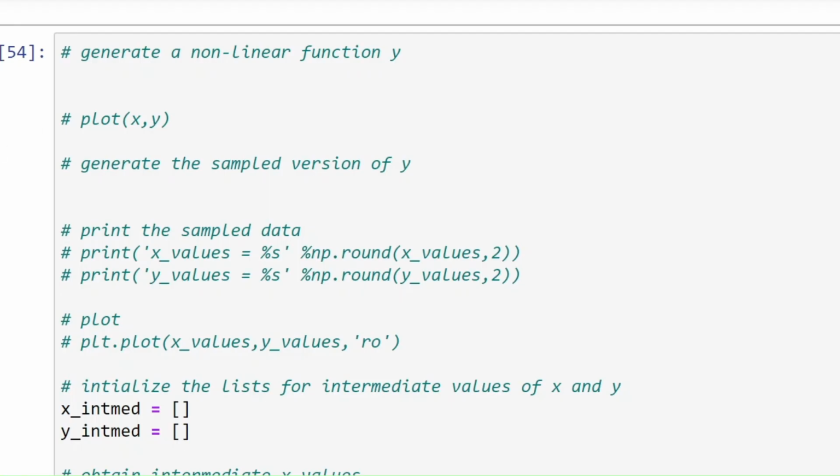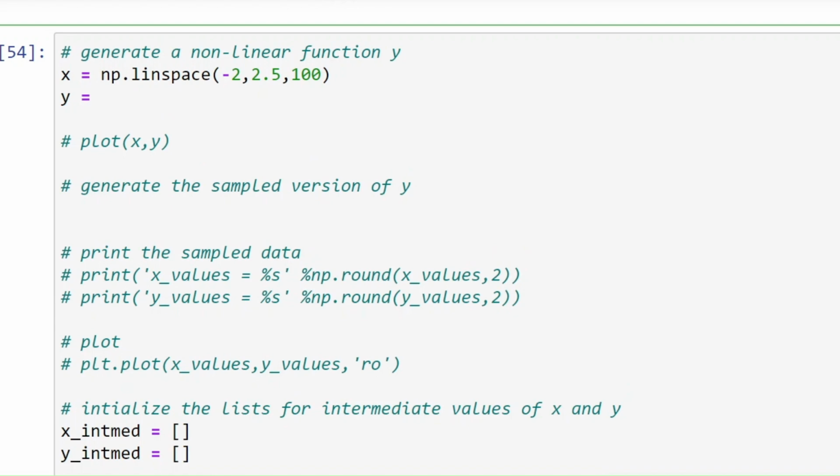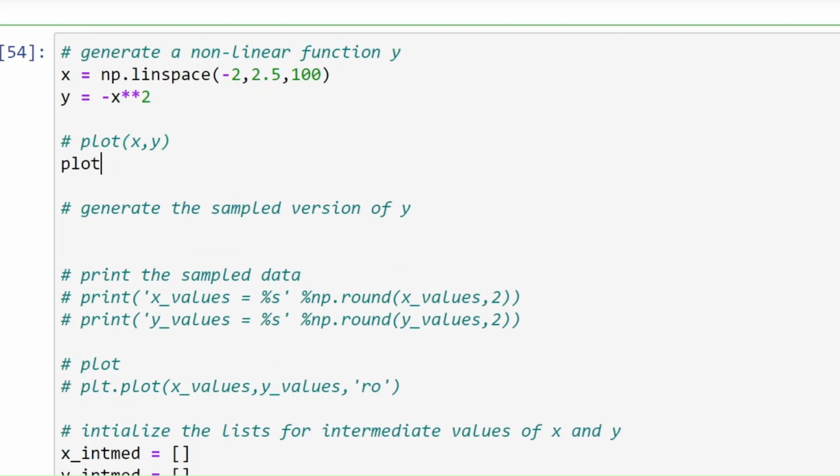So let's start by generating a non-linear function. Let me create the x-axis for it. I'm going to use numpy's linspace function for this. The x-axis will start from -2, go to 2.5, and it will have 100 linearly spaced numbers. And to calculate y, I make a non-linear function, x minus x square, and this is the function that we are going to sample later on. So let me just plot this function,